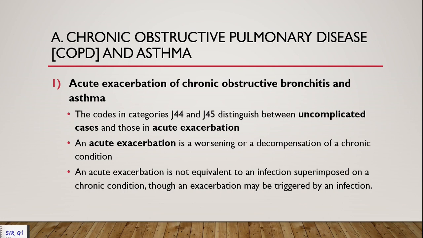As an introduction, acute exacerbation of chronic obstructive bronchitis and asthma. When I say chronic obstructive bronchitis, that is under your COPD, so that's still the same as COPD. The codes in categories J44, which I showed you a while ago, and J45 distinguish between uncomplicated,